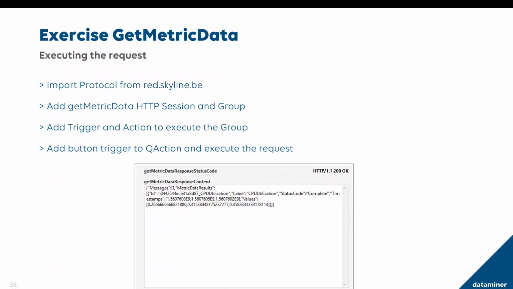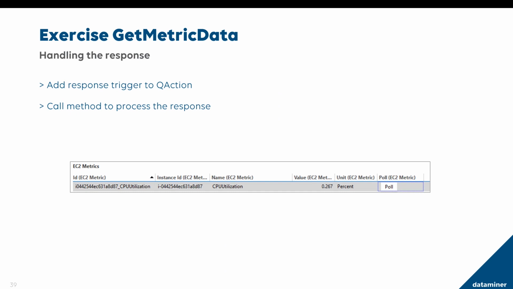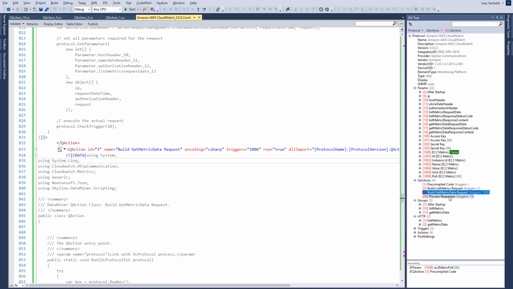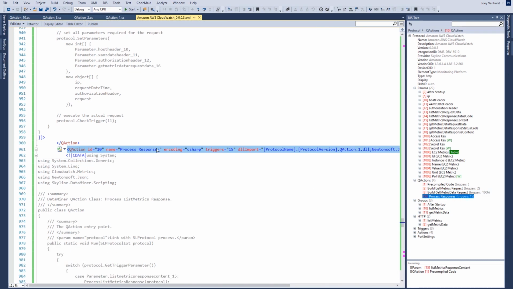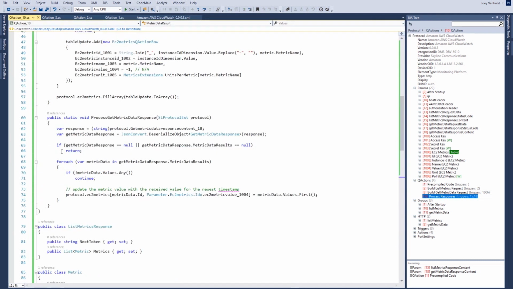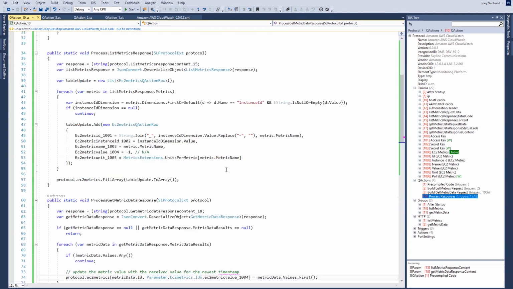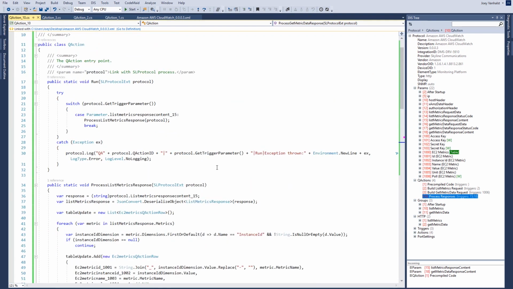So now let's move along and actually parse our response. You actually don't need to do much for this one. Most is already done. The only thing you will have to do is go to our process responses quick action and add our new response parameter, which is 18 in our case. Now if you open up that quick action, you can see there's already a method there. So it gets the value, parses it, and then it will update our table and put the new value into that cell. The only thing we still need to do is call that method,